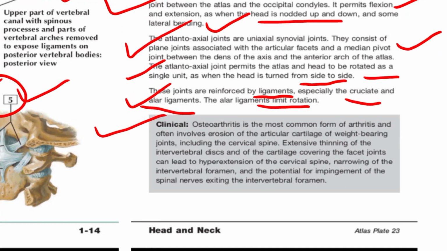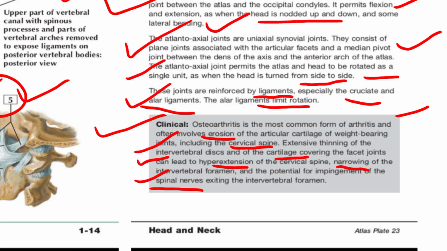Next we have a clinical correlation: osteoarthritis. Osteoarthritis is the most common form of arthritis and often involves erosion, meaning damage, of the articular cartilage of the weight-bearing joints, including the cervical spine. Extensive thinning of the intervertebral disc and of the cartilage covering the facet joint can lead to hyperextension of the cervical spine and narrowing of the intervertebral foramen, and the potential for impingement of the spinal nerve increases due